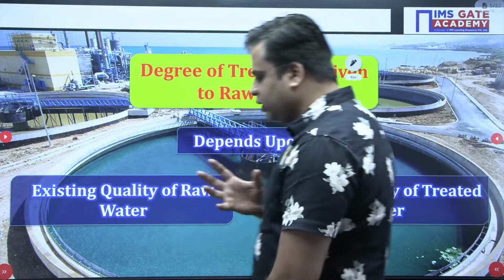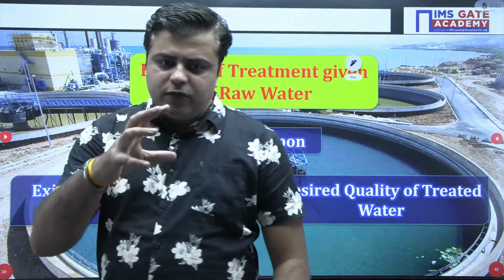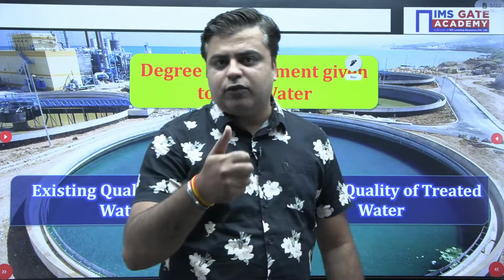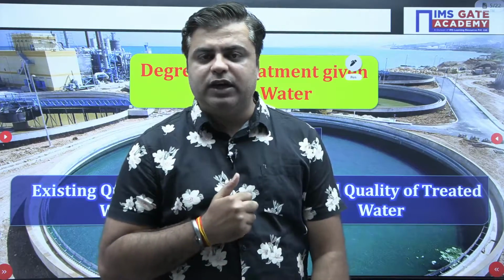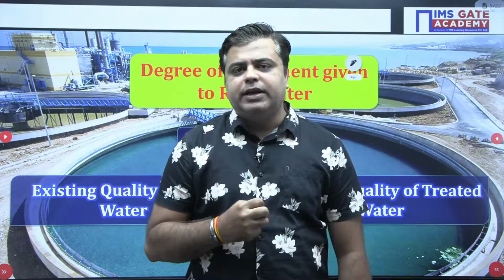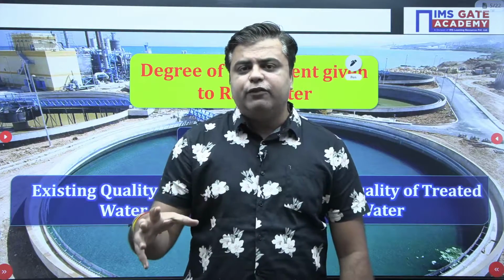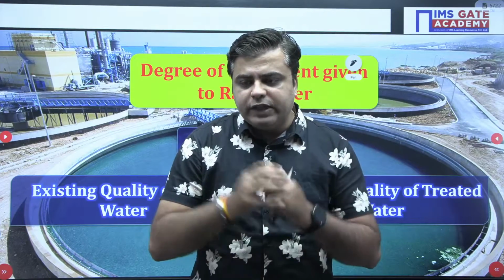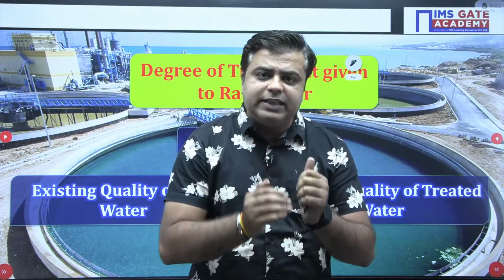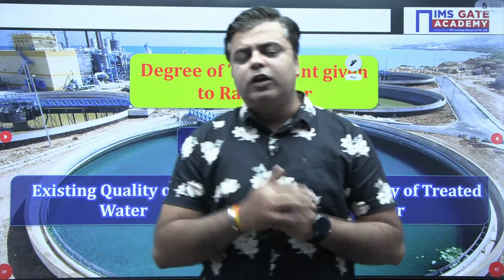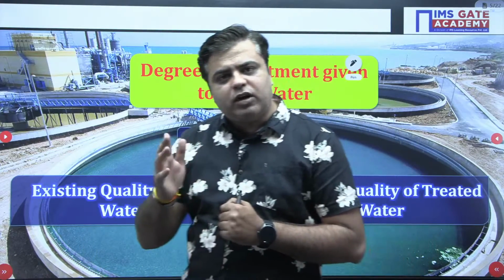So my dear students, you have first calculated the quantity of water required for the community, that is your water demand, using population forecasting. Once you know the total quantity of water required in a community, you have identified different sources from where you will fetch this water. Once you collect this water, the second thing is you need to analyze the quality of this water. The quality of water is analyzed using water quality parameters.